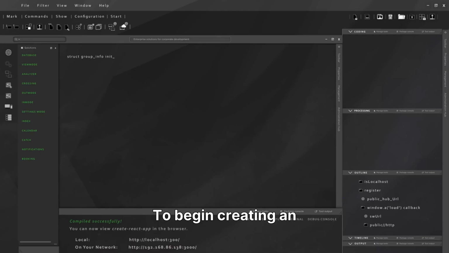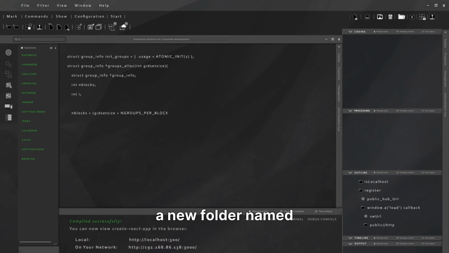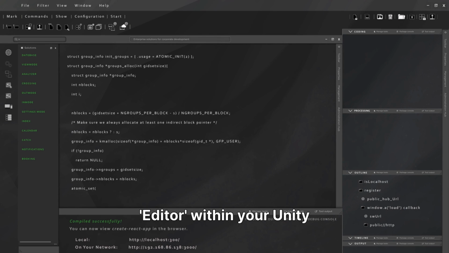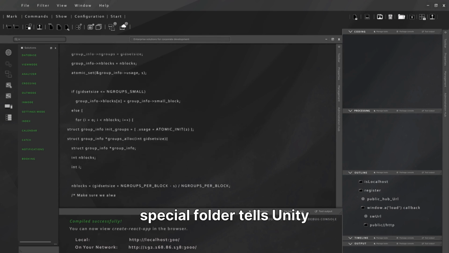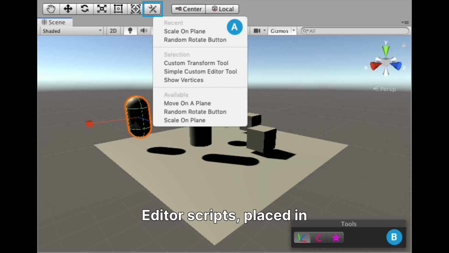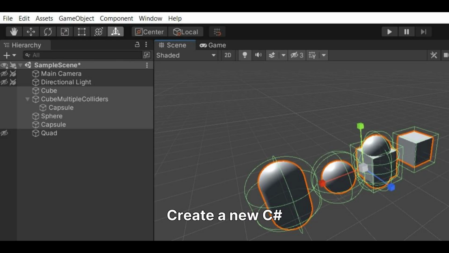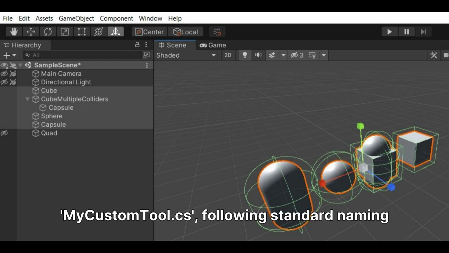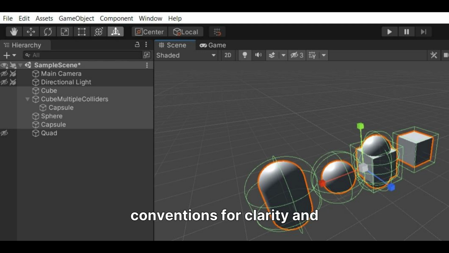To begin creating an editor script, first create a new folder named Editor within your Unity Project's Assets folder. This special folder tells Unity these scripts are for editor time use only. Editor scripts, placed in this designated folder, are distinct from regular C# scripts and are specifically excluded from the final game build, ensuring they don't impact game performance or size. Create a new C# script inside the Editor folder, for example, named MyCustomTool.cs, following standard naming conventions for clarity and